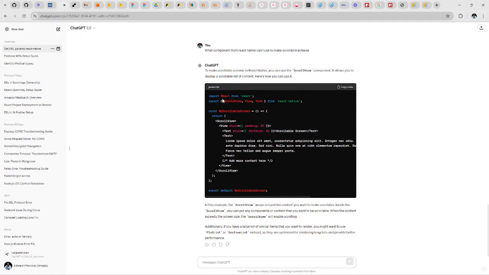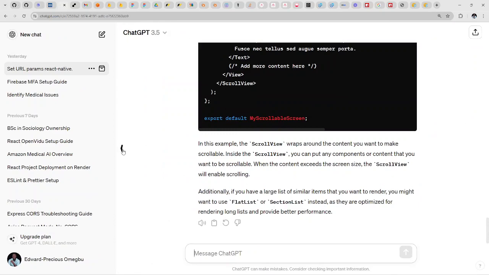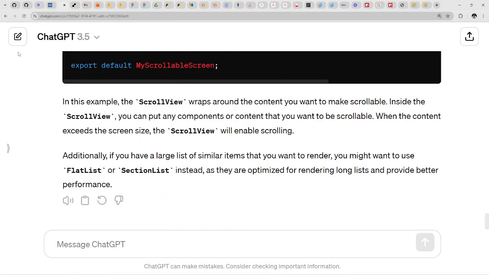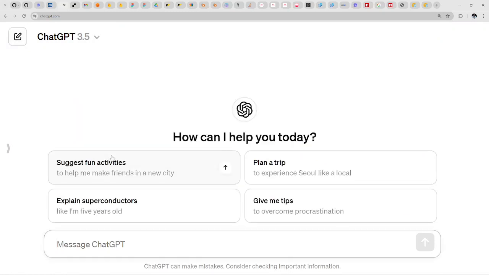Why is it white? Anyway, white ain't bad, right? Okay, so